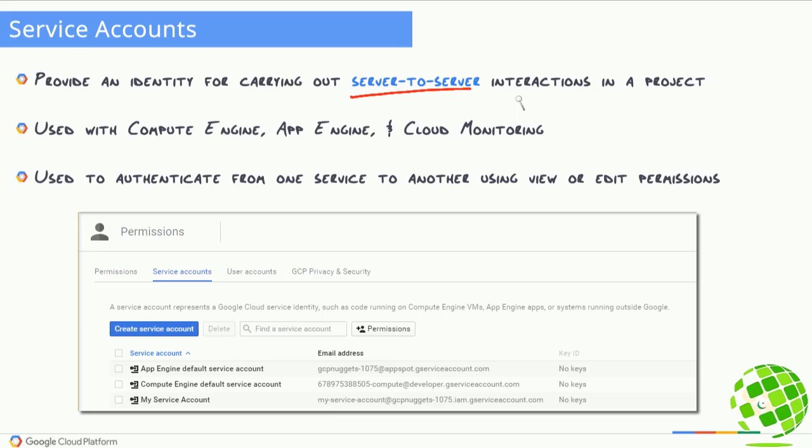our code has identity. Now, whenever you create a project, you automatically get App Engine and Compute Engine service accounts set up for you by default. So you can use those when you're working with products and services inside of Google's cloud from one service to another. If you have an application running somewhere else externally, maybe in another cloud or maybe on-prem, you can create